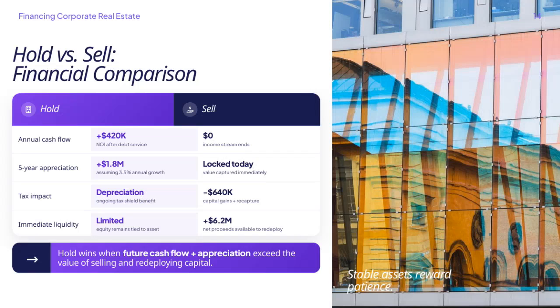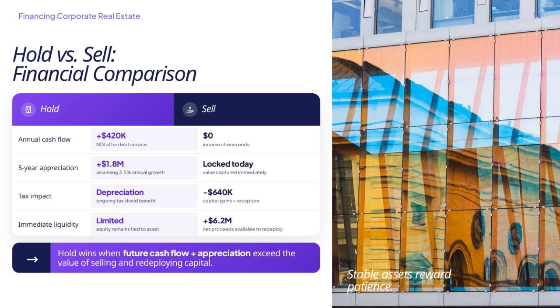When comparing financial outcomes of holding versus selling an asset, it's important to consider several key factors. If we choose to hold, we benefit from an annual cash flow of about $420,000, and after debt service, our net operating income remains stable at zero, meaning the income stream continues without interruption. Over 5 years, we can expect appreciation of around $1.8 million, assuming a 3.5% annual growth rate, which effectively locks in value that accumulates over time. Holding also provides ongoing tax advantages through depreciation, offering a tax shield benefit, reducing overall tax liability by about $640,000